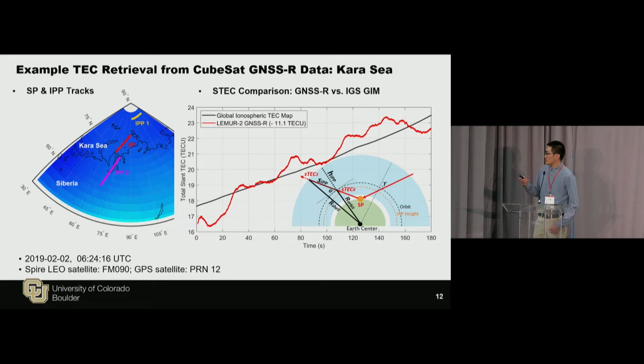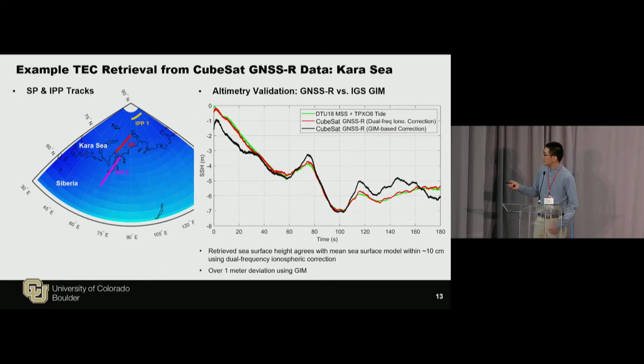And these represent the real electron variations in the ionosphere, and we can easily demonstrate it by looking at the altimetry results, which is the next plot. So the green line here represents the model of the ocean surface. Here is a sea ice surface. It's based on the mean sea surface model and the ocean tide model. So over such a long distance, this model is pretty reliable.